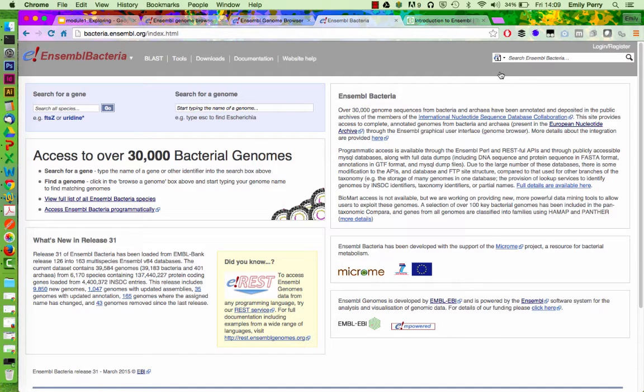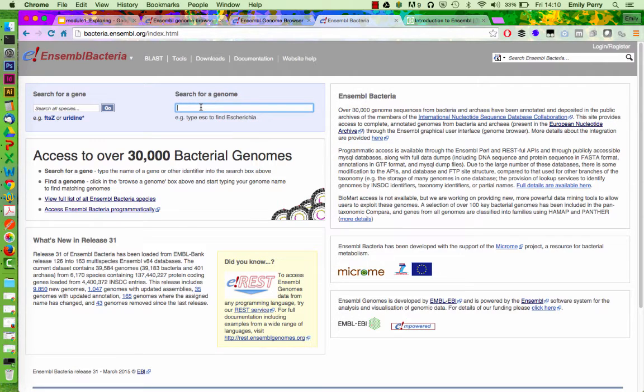Now obviously you can't really scroll down a list of 30,000 genomes, that would be horrendous. So instead we have this search for a genome option. So we have these two different search boxes: search for a gene, you put in your gene name, or search for a genome, which will then narrow you down to your genome of interest, and then once you get into that, you can just search within that genome.